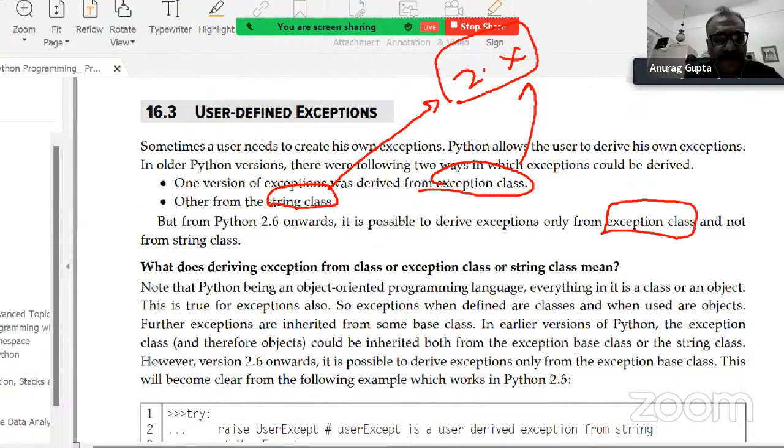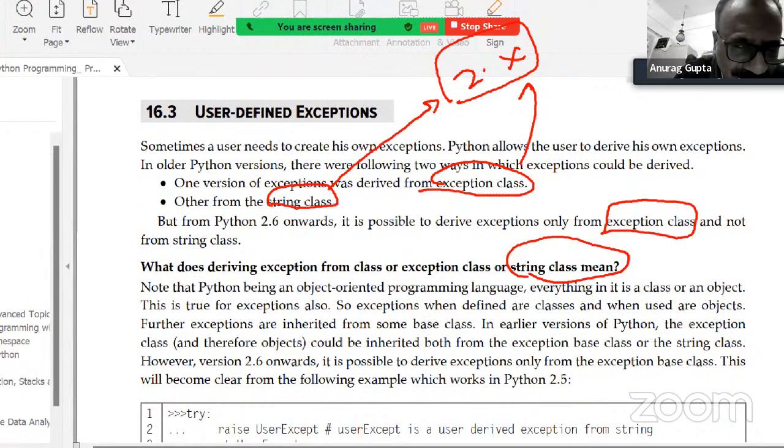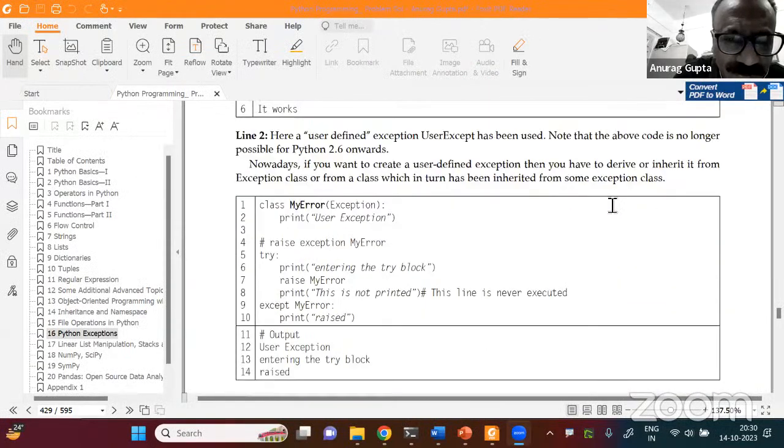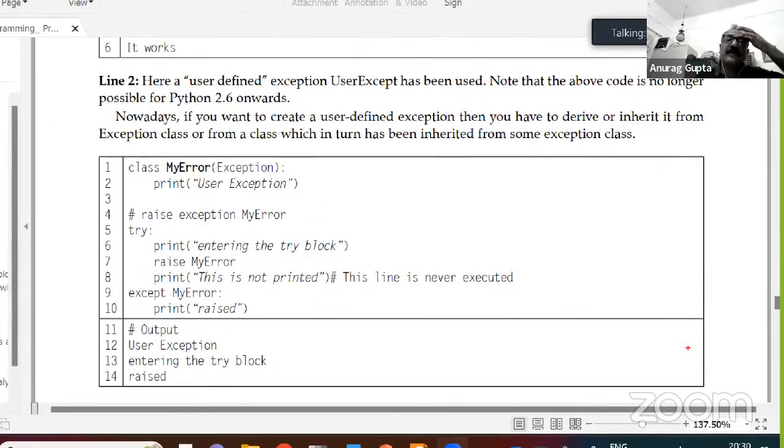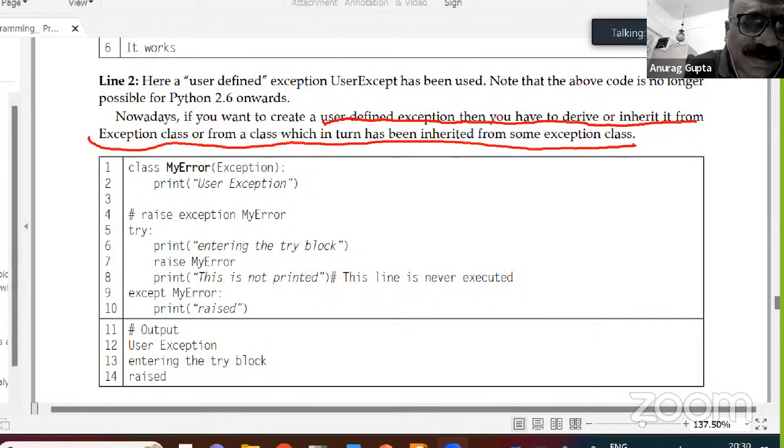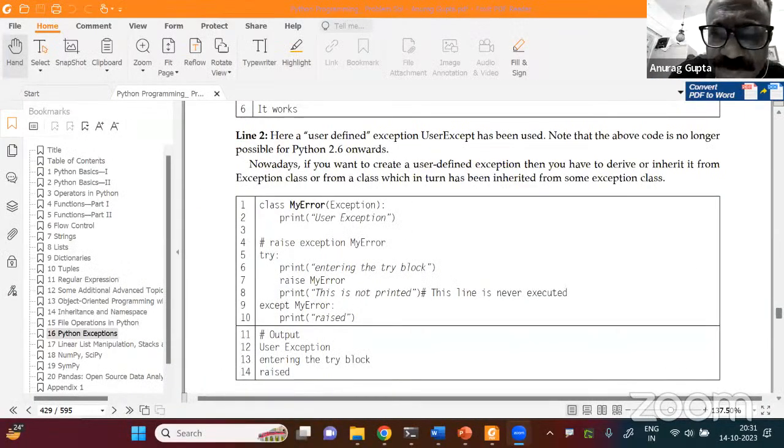Make sense or not? I don't know. Okay. So what does deriving exception from the string class mean? Forget it. Those who are interested can read it in the book or do their own research on the net. So this was there in 2.x. It's not there anymore. It's not of concern to us. Okay, this is of concern. Nowadays, if you want to create a user-defined exception, you have to derive it from the exception class or from a class which has been derived from some exception class. All right. Okay. Now there's a piece of code I'll just show you, which